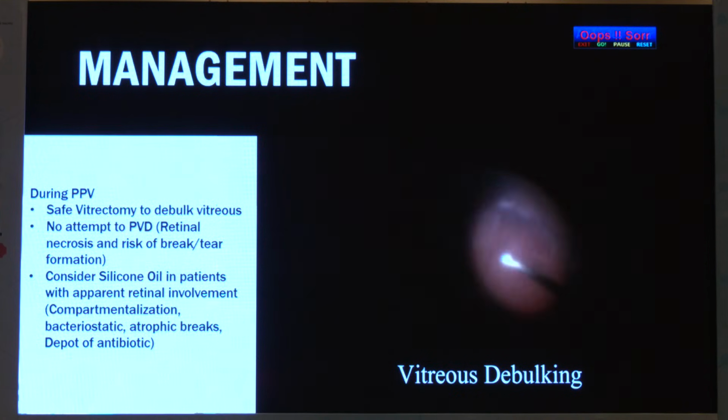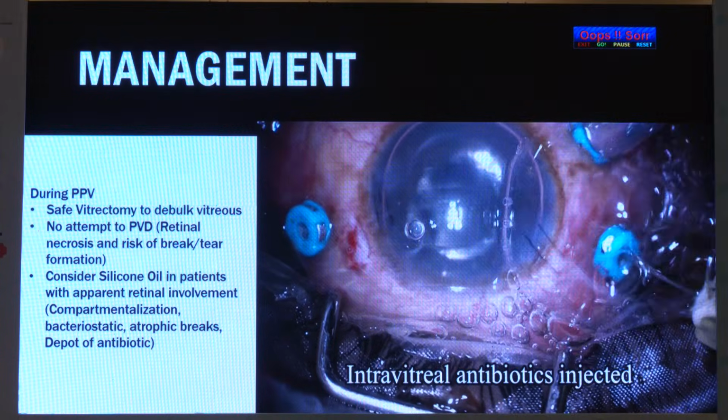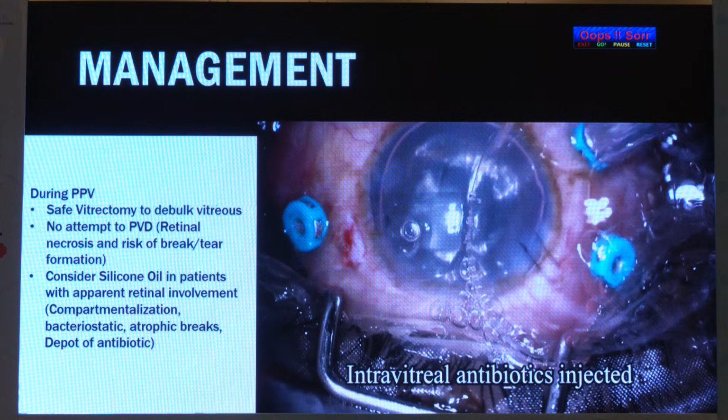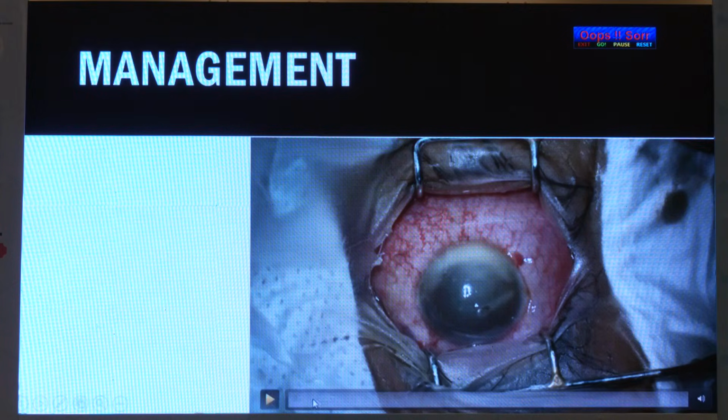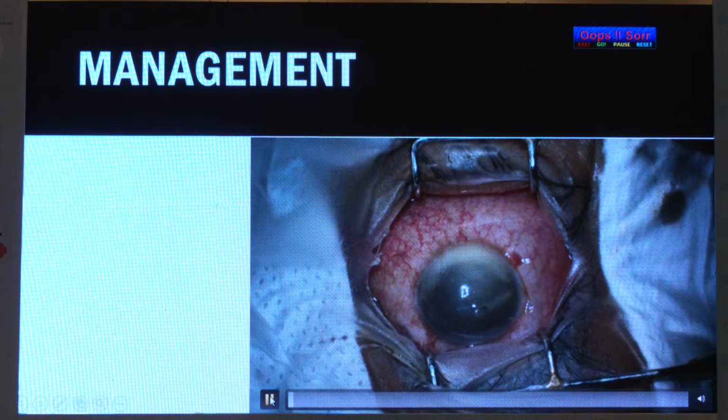It compartmentalizes the eye. It acts as an antibiotic depot. It basically is bacteriostatic, and it has a lot of advantages in case an atrophic break has formed or you have missed a break. So my last case is a patient with a large intraocular foreign body in the anterior